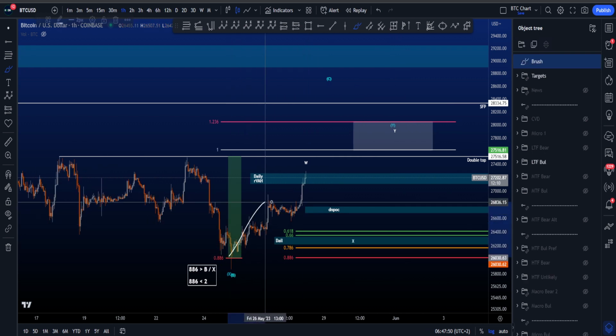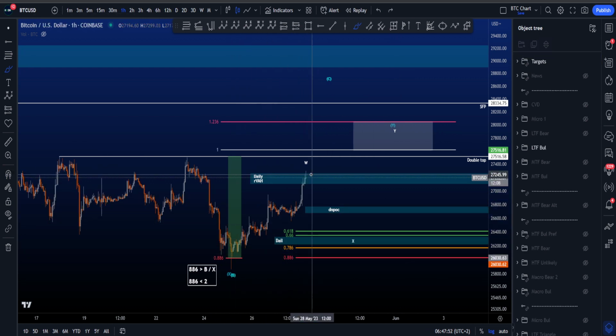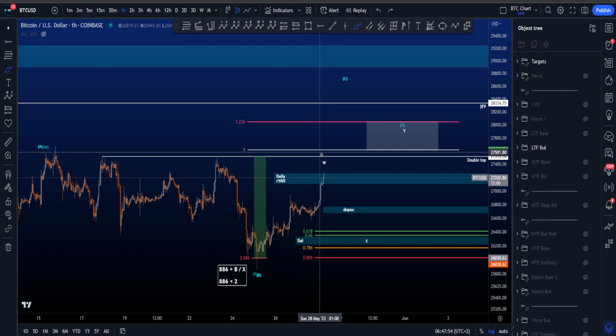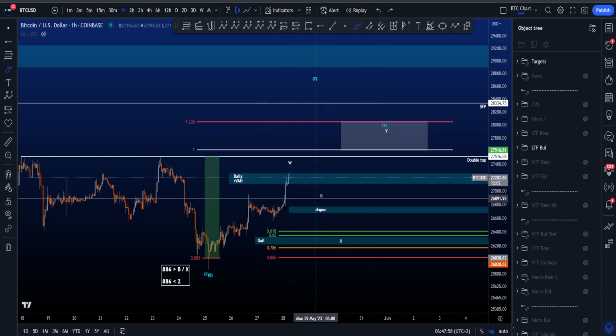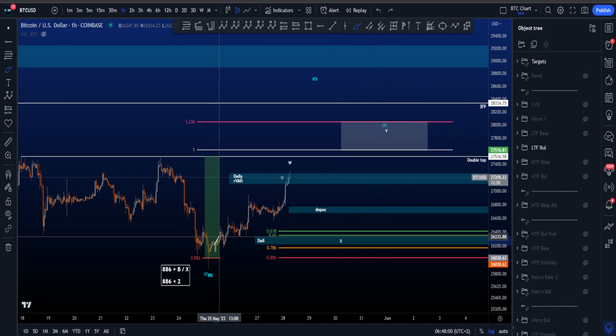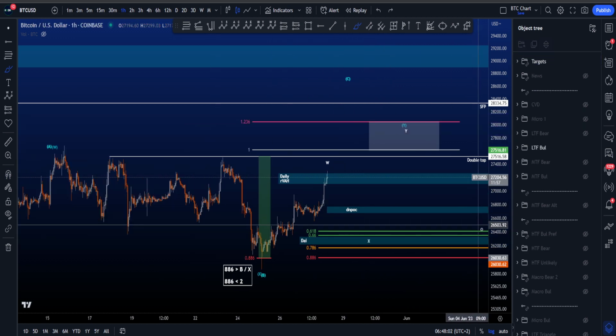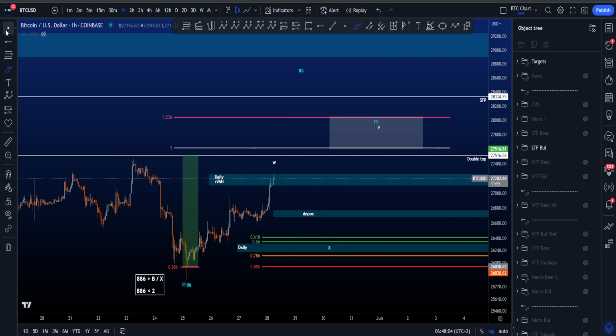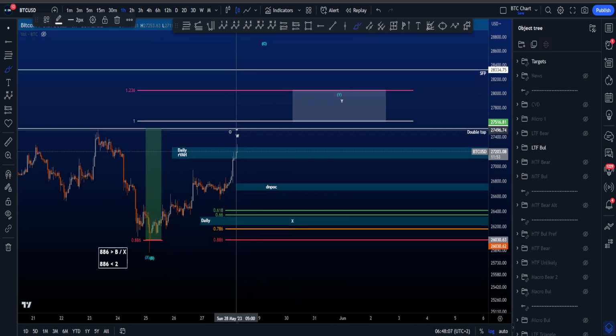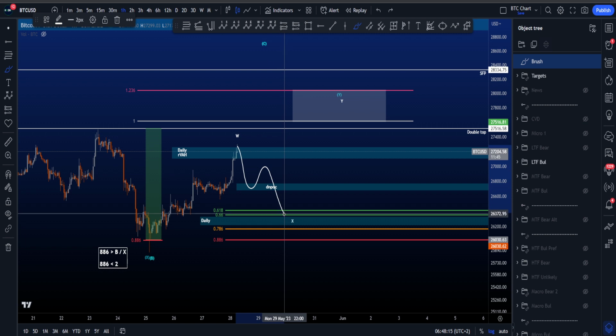Of course, we do have a 3-wave structure in this move to the upside right now, but the targets of this 3-wave structure are not taking the high. So preferably for this wave Y over here, the blue wave Y, we're going to see a bigger 3-wave structure, but of course we have to wait and see what happens. But in this scenario, what I outlined right now is that this is the high of W, and then we would be looking potentially for a 3-wave move to the downside, something like this over here, eventually wave X,